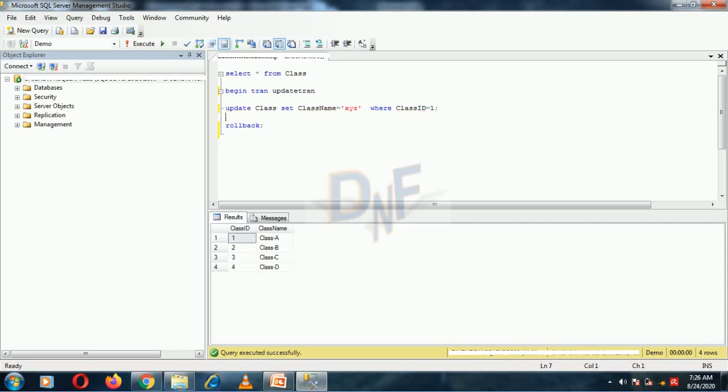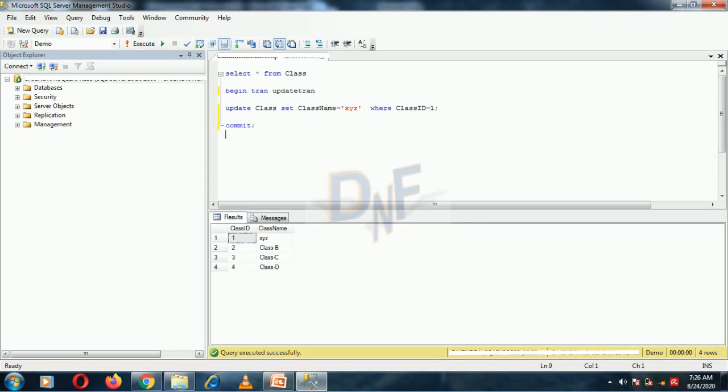Same thing: if I commit the changes, then I cannot roll back. For example, with the same example, I use the commit command. I execute this statement, one row affected, we can see, but it is not saved.